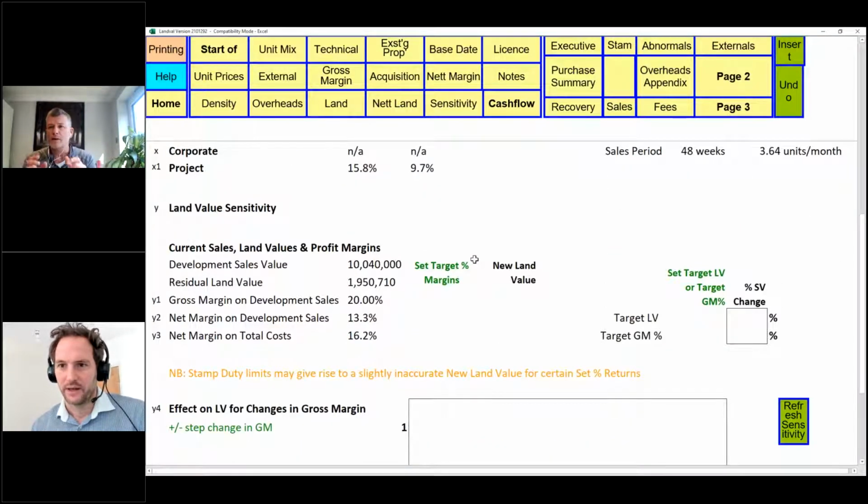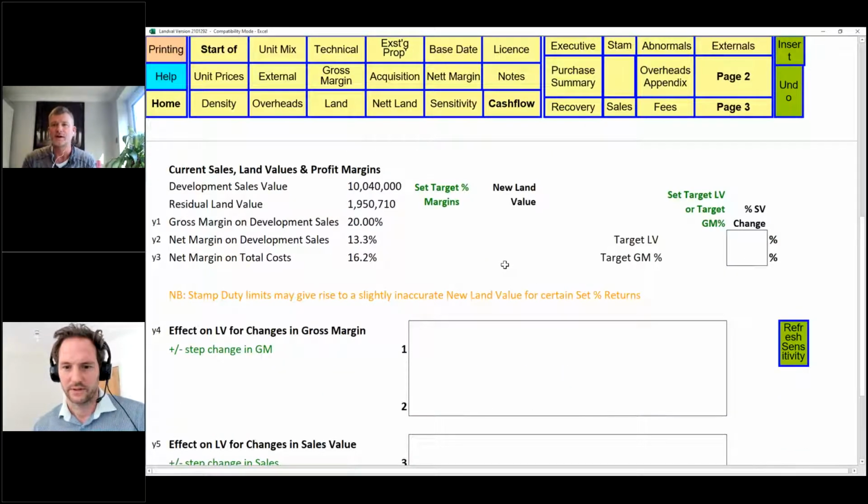So one thing we also want to do here is then apply some sensitivity. Okay, so we've got these units in here, and that's all very well. We've got our position, our gross margin on development sales. And if we've had to force the land value and your boss says, no way, Andrew, in this market I want 25%. I want a comfort blanket. I want a higher gross margin, which is my cushion of getting it wrong. Remember, trust me, you're going to get it wrong. Working in this industry, you are going to get it wrong.